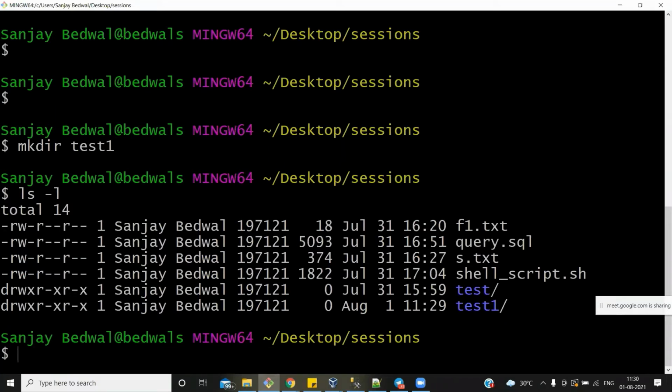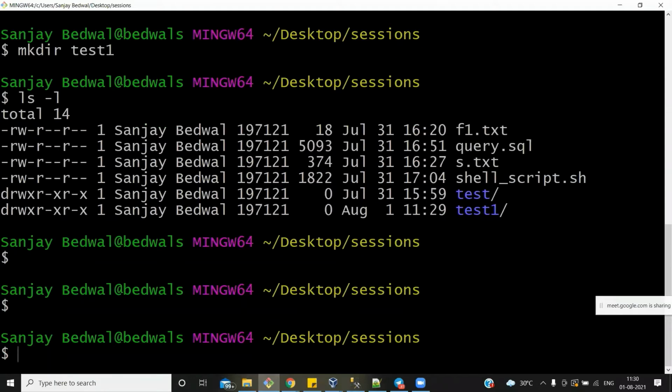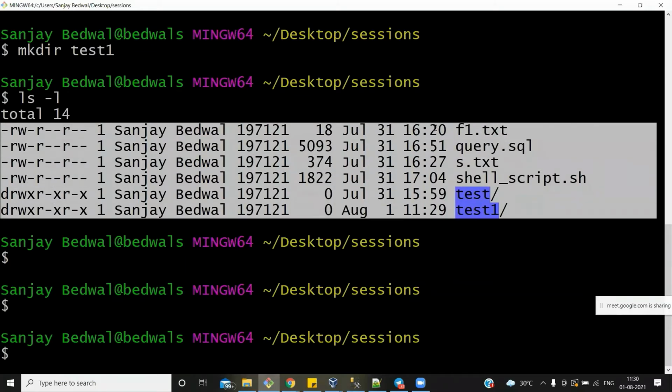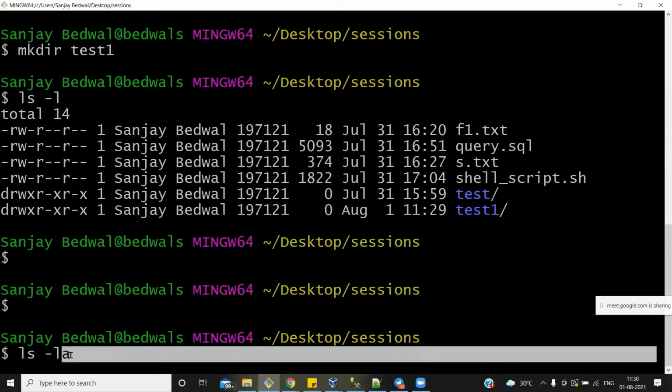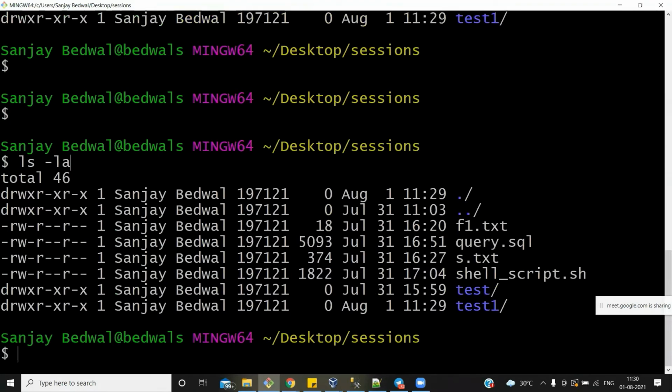Okay. Before that, I want to explain one more concept. Let's say I want to see the hidden files also. Right now, this ls minus l is not giving me hidden files as output. It is only giving me the files which are not hidden. But I want those hidden files also. Then what will you have to use? You will have to use the minus a switch. So we will use minus l, and with minus l we will use a switch also. You can combine the switches like this, minus l and a. What will this a give me? This will give me the hidden files inside my folder. Right? So these are the hidden references. I will not say these are hidden files, but I will say these are hidden references.